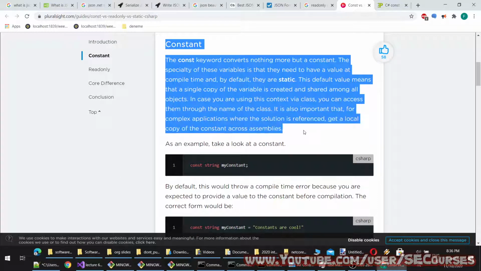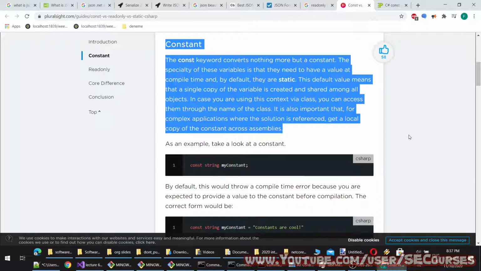Okay, let's read it. Constant. The const keyword converts nothing more but a constant. The specialty of these variables is that they need to have a value at compile time and, by default, they are static. This default value means that a single copy of the variable is created and shared among all objects.